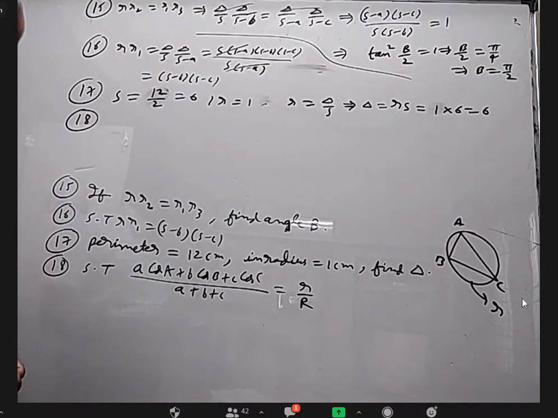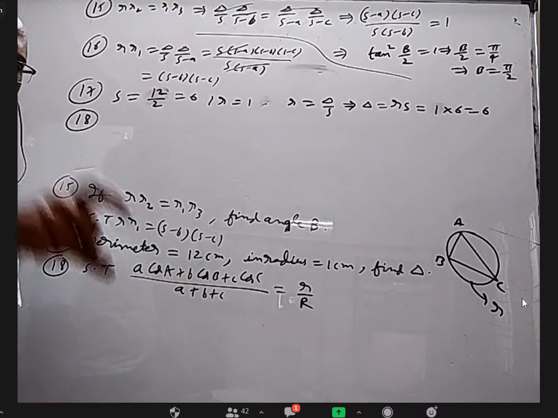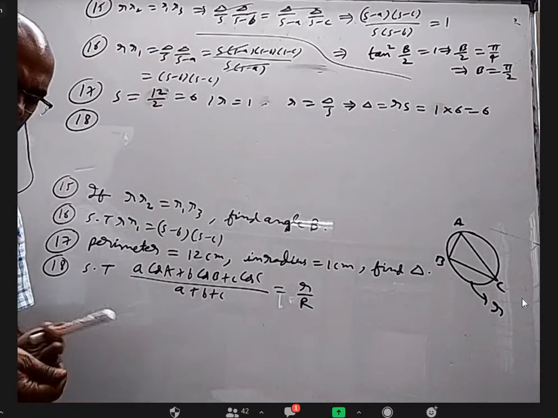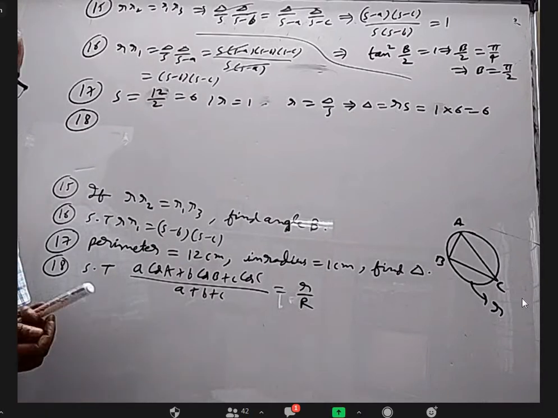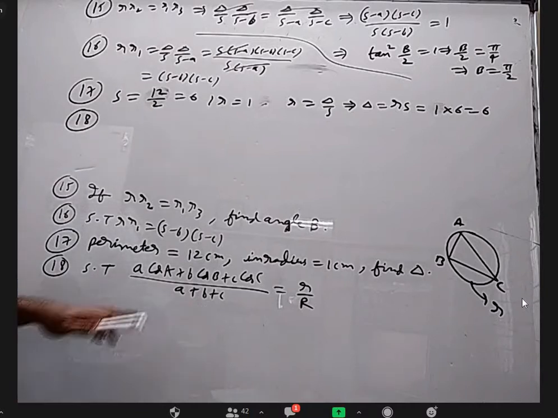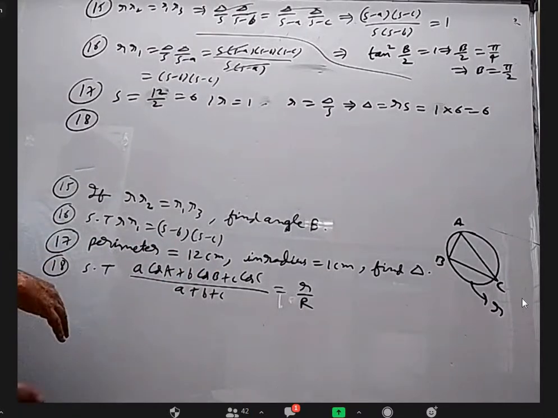Okay, 18. If you apply cosine rule, it will come, but it will become lengthy. And I told you about another formula for delta: the square root of 2a square b square plus 2b square c square plus 2c square a square minus a power 4 minus b power 4 minus c power 4 can be used. It is a solved example in the previous exercise and we did in the class. I gave in the homework or something.